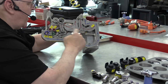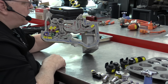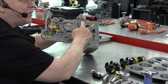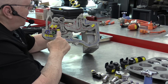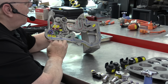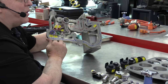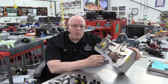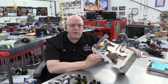So in blue, we have the low pressure vapor return that goes back to the air conditioning compressor. In red, we have the compressed high pressure vapor that leaves the air conditioning compressor. In black, we have the liquid high pressure refrigerant that, after it's gone through the liquid cooled condenser and condensed into a liquid. Then in green, we have the refrigerant that can be inside the evaporator that could be liquid